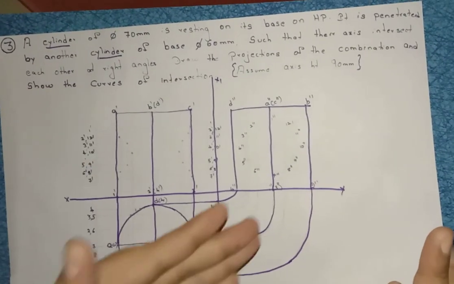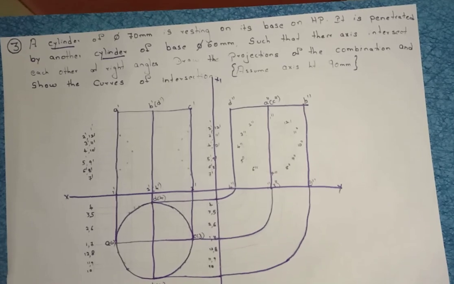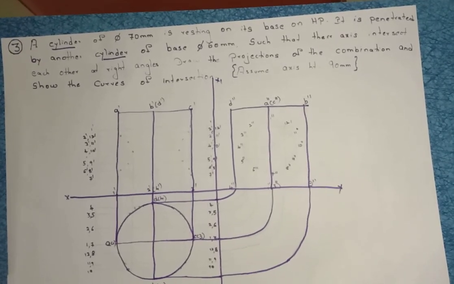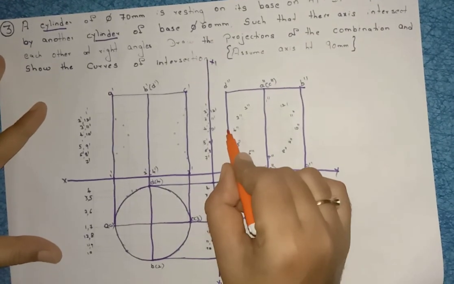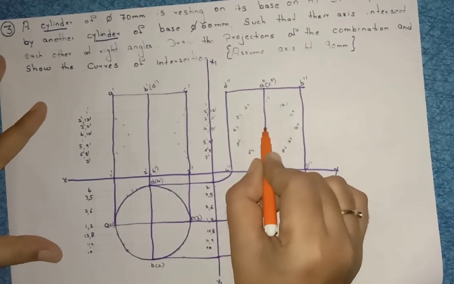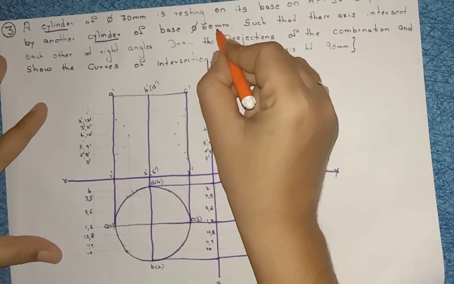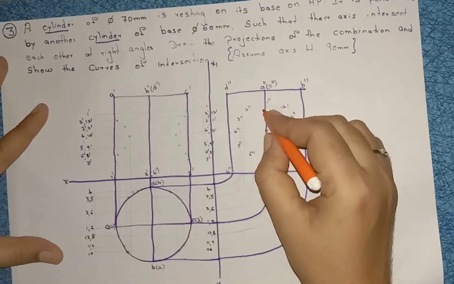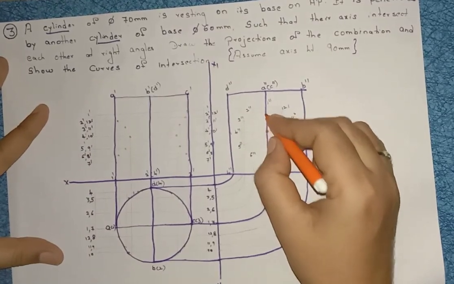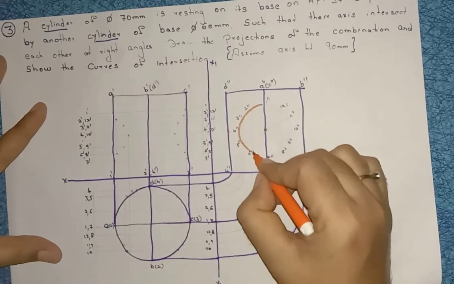So front view, top view, side view. First this is the part, right? Now we have to construct another cylinder of diameter 60 mm, right? Mark the midpoint for this axis line, right? Diameter is 60, radius is 30. Take 30 mm radius, construct the circle,